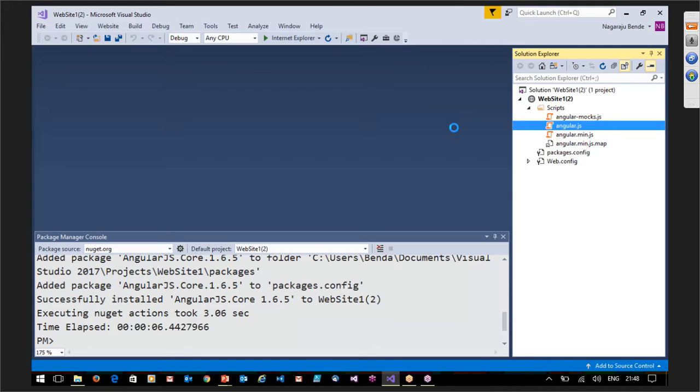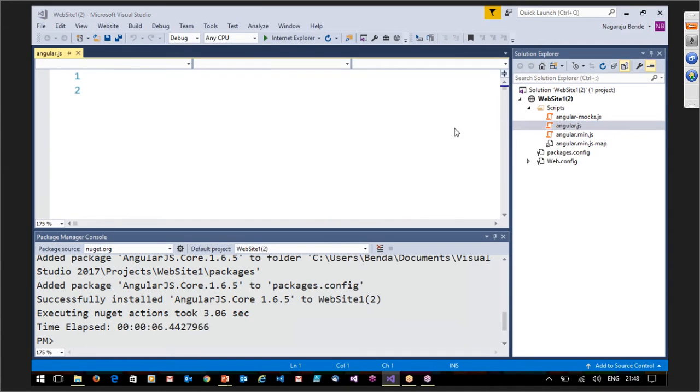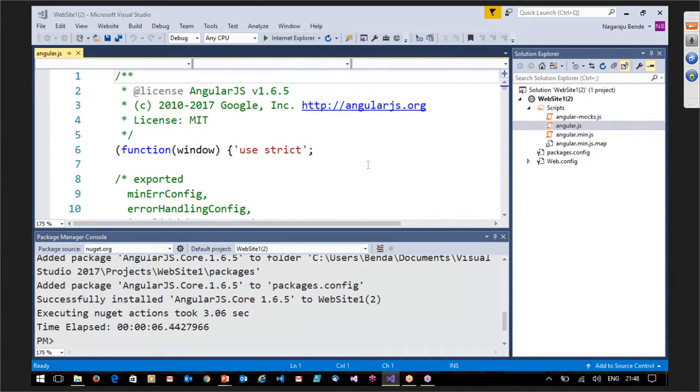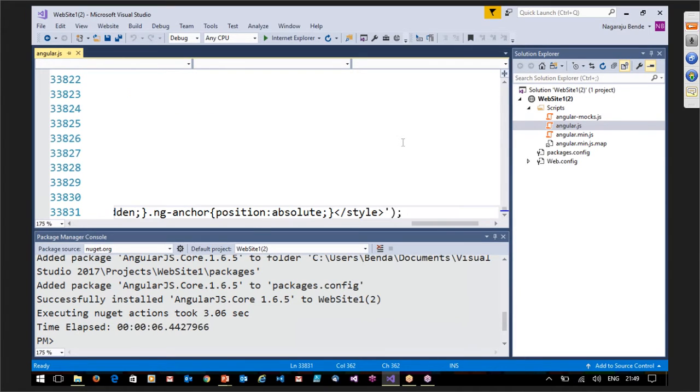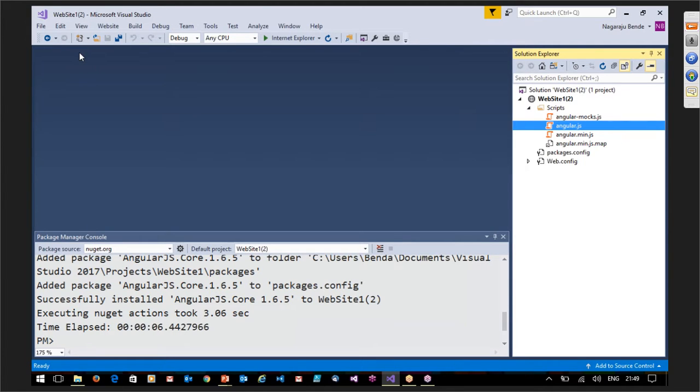This is AngularJS 1.6.5. So it's a huge bunch of code, a lot of lines of code. So it will take a lot of time. See, almost 34,000 lines of code. That is Angular 1.6, all of you. Leave that. Now, here comes